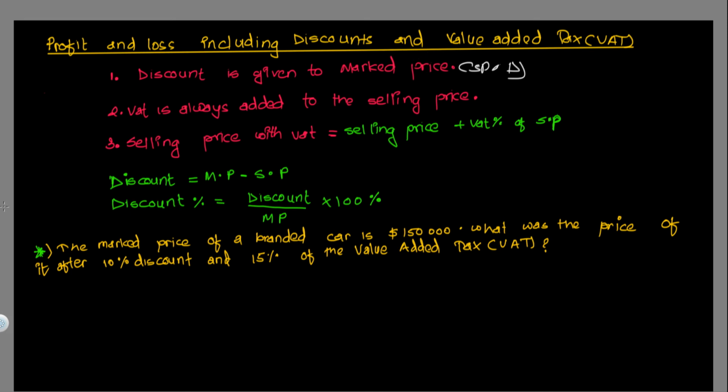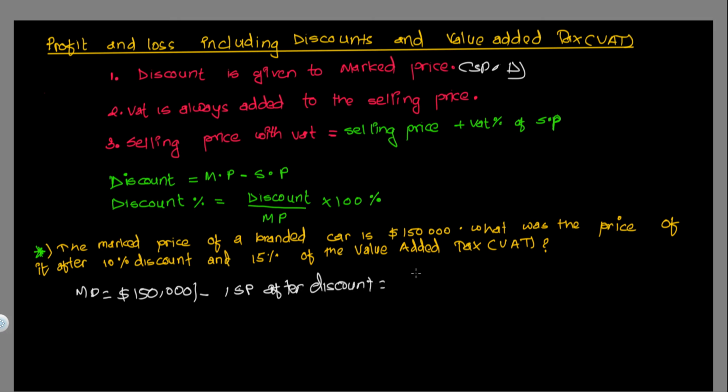Let us see an example to make it even more clear. The mark price of a branded car is 150,000. What is the price of it after a 10% discount and 15% value added tax? MP is $150,000. It's a very expensive car, so the discount given is 10%, so we can obtain SP after discount,